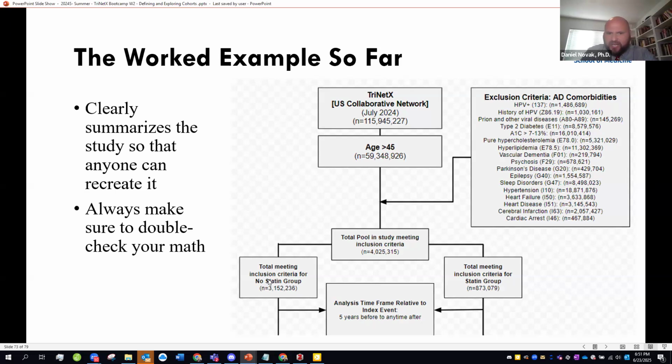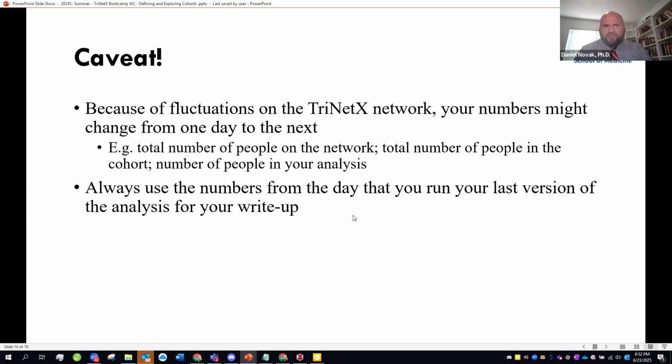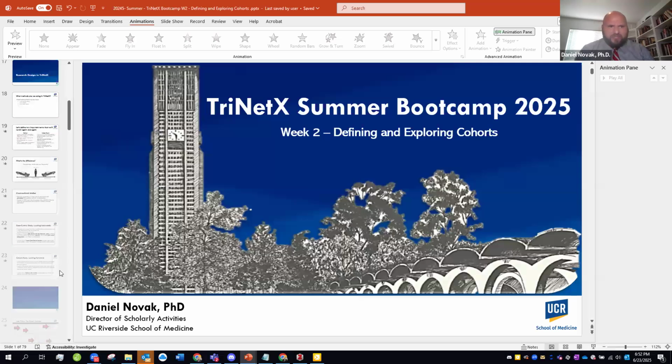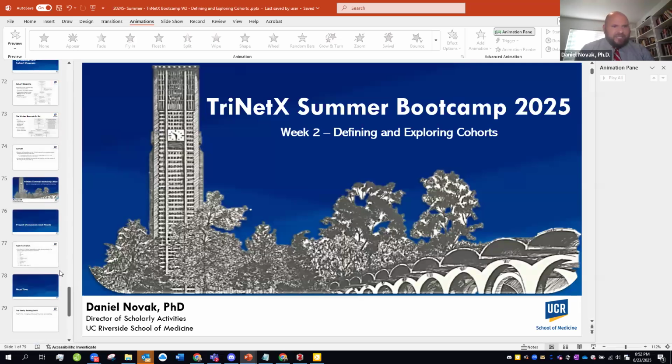Total meeting criteria for this. These are our groups that meet our inclusion or exclusion criteria, and our analysis time frame that we look at. And later on, we changed it to 1 year to any time after. Always make sure to double check your math and make sure you've got all your numbers correct in your version. And the reason this is so important, let me return to that, is